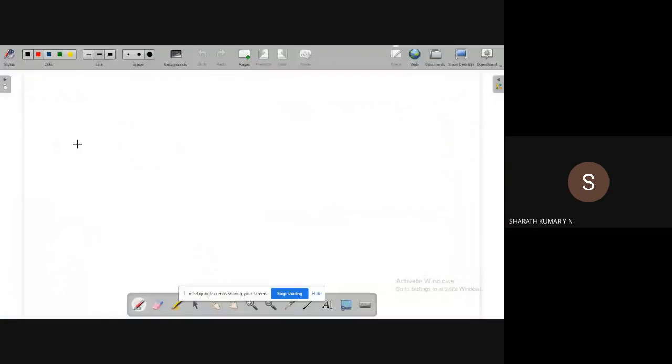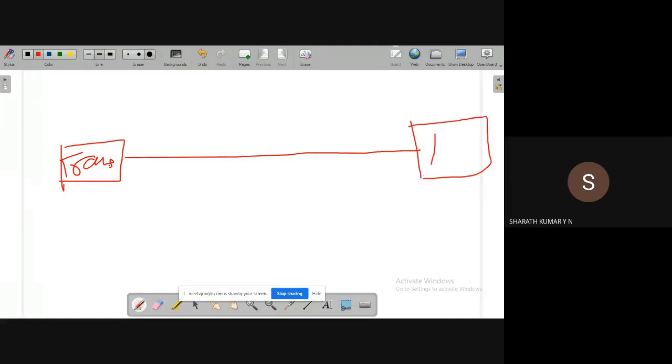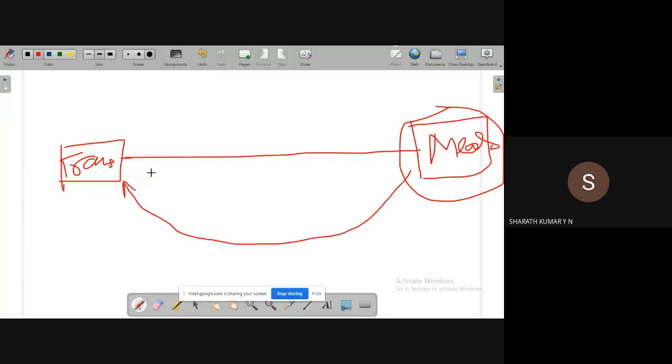What does this mean? It is something like this. Let us say this is the transducer, and it needs to be connected to a display device or measuring unit. Let us call it a measuring unit in general. It may be a display device, whatever it is. If this is done, this device will have a loading effect on the transducer. Transducers are sensors, whatever it is. Moreover, the output of this transducer is a very weak signal, not sufficient to drive a measuring device. In that case, we go for an op amp.